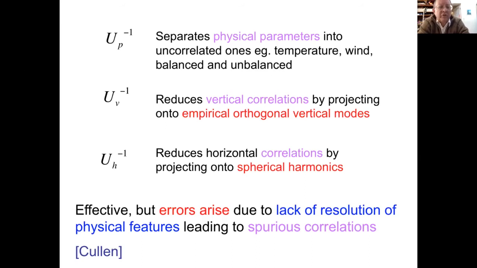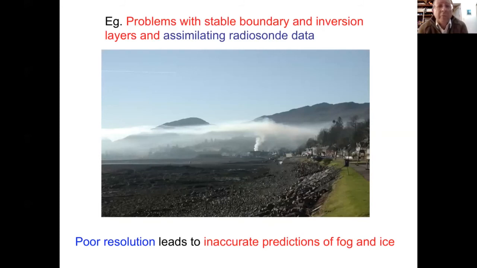So Mike Cullen at the time was in charge of the data assimilation group of the Met Office. He's since sort of semi-retired, although he's still very active in what he's doing. Okay, so this is the problem that they were particularly interested in, and that is what is called an inversion